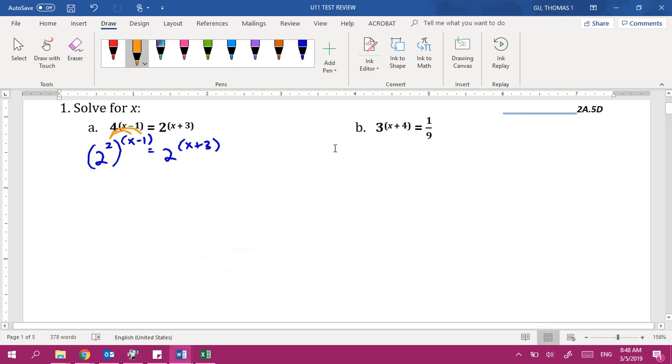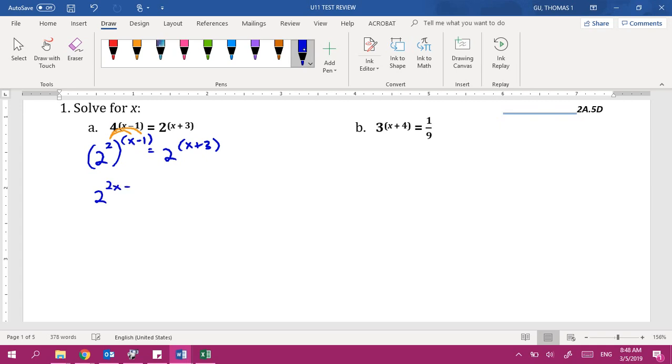So we're going to distribute. Make sure you actually distribute those exponents. So we would have 2 raised to the what on the left side? 2x minus 2, right? That's just distributing, equals 2 raised to the